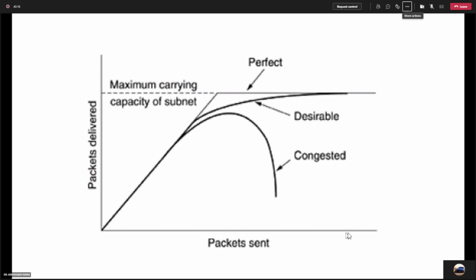I think you might have realized this in NS2. If you have used the NS2 network simulator, if you have implemented any practical or executed any script on it, then you might have seen that whenever you start sending the data, after some time some packets will be dropped. And why are those packets dropped?